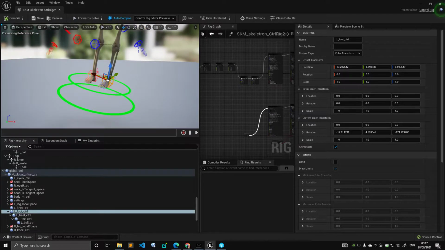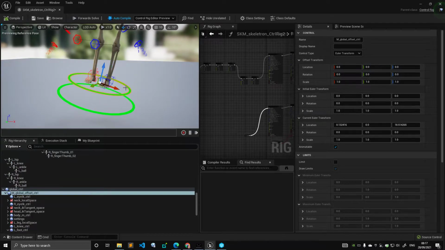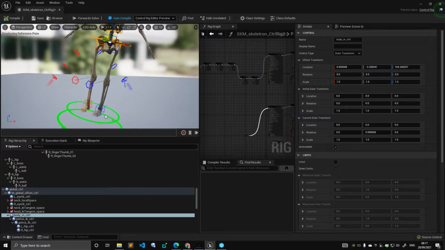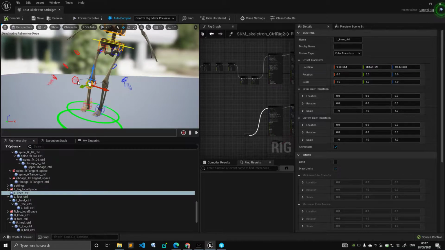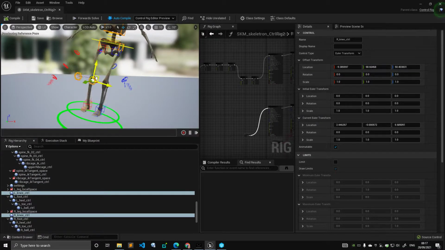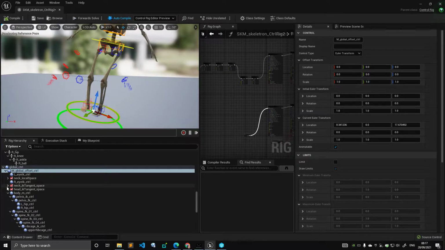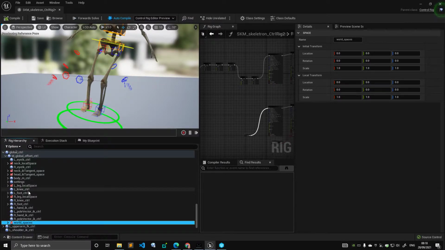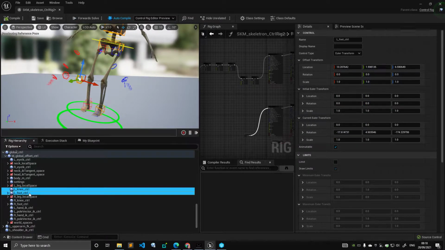Meaning that if you take these two IK controls and parent them underneath here, you should be able to get this behavior where, based off this world space, the green circle, we can compute the IK from that point on. And the same goes for the pole vectors. These pole vectors can totally be underneath here, and you can see that they are children of it. So if I select the knee control, foot control,